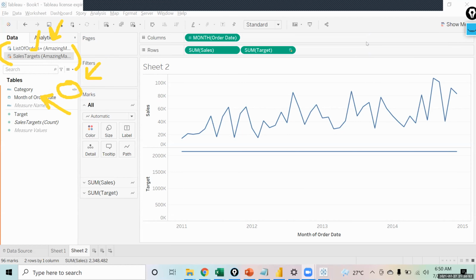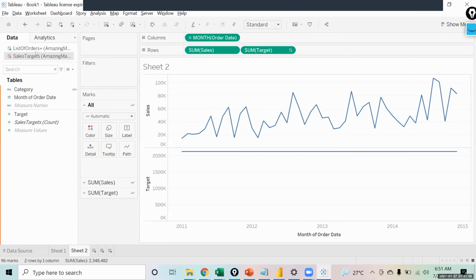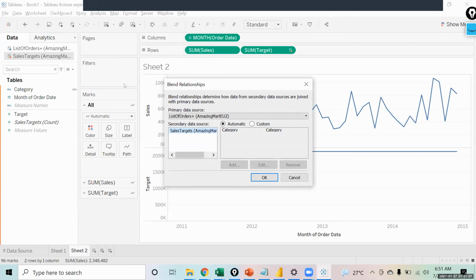So how do we get this sorted? In order to do that, we will have to come to the data, click on edit blend relationships, and click on custom over here.